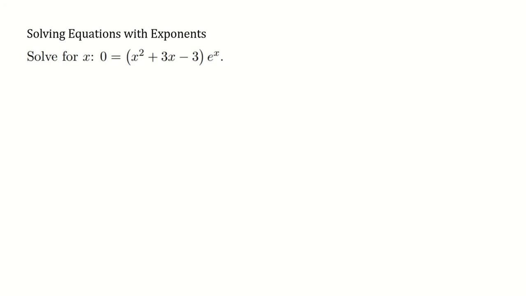Solve for x if 0 equals (x squared plus 3x minus 3) times e to the x. To solve this, we use the zero product property, which states that if a product is equal to 0, then one of the pieces must be equal to 0. So that means either x squared plus 3x minus 3 is equal to 0, or